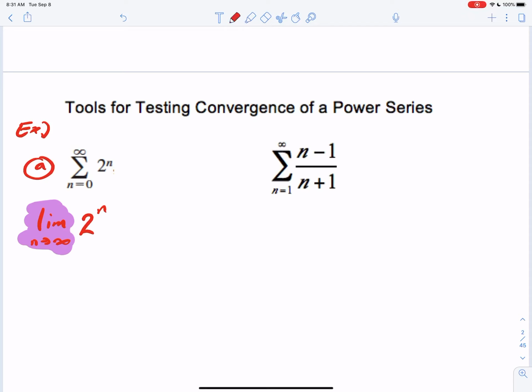Okay? So what happens if n goes all the way to infinity here? Well, we have 2 to the n. There's no fraction here, so 2 to the n is just going to get larger and larger and larger and larger. So this here tells me that the limit does not exist. Okay? But more importantly, is that not 0? Definitely, right? Which is definitely not 0. So according to our test, since the limit did not come out to 0, therefore, the series